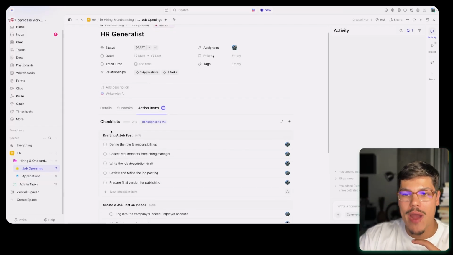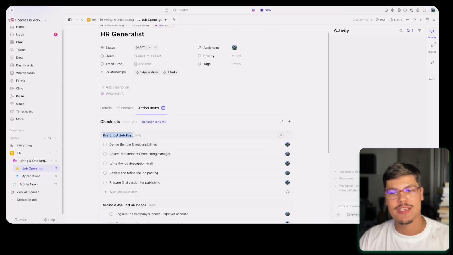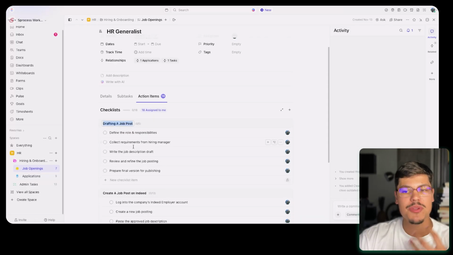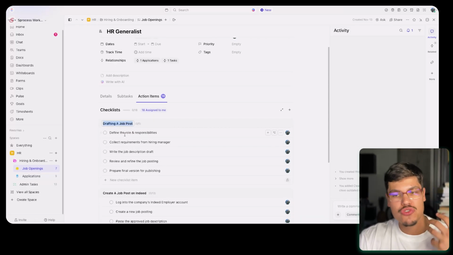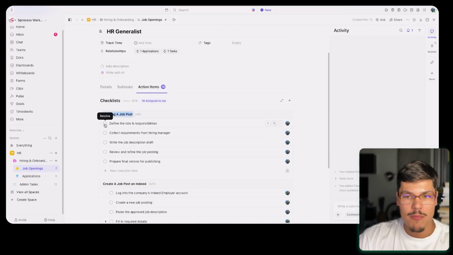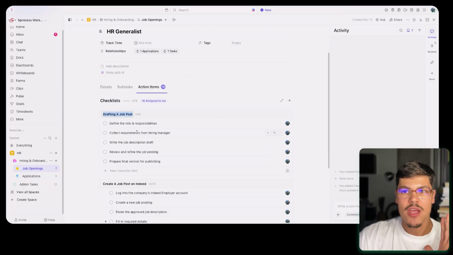So over here down below, I have a checklist that is specific for drafting a job post. It's not a subtask. It doesn't overcomplicate things for us, but it is a very simple checklist that just tells me what I need to do to draft a job proposal. So when I'm in the draft status over here, I can easily go through these check marks, right? I can resolve all of these action items or checklist items over here and know that I successfully completed and I successfully drafted my